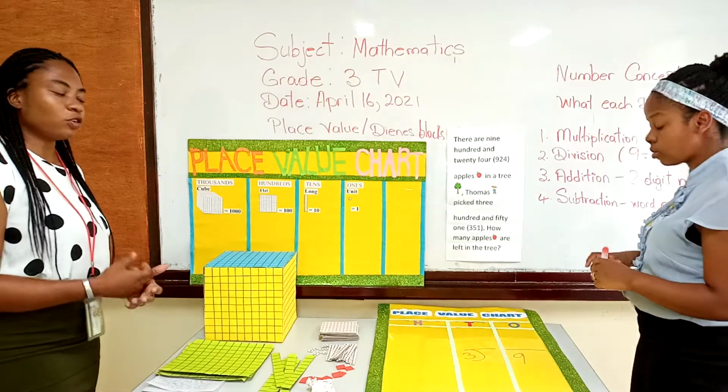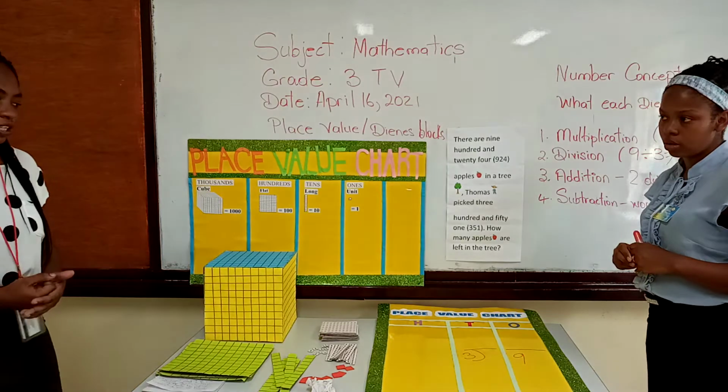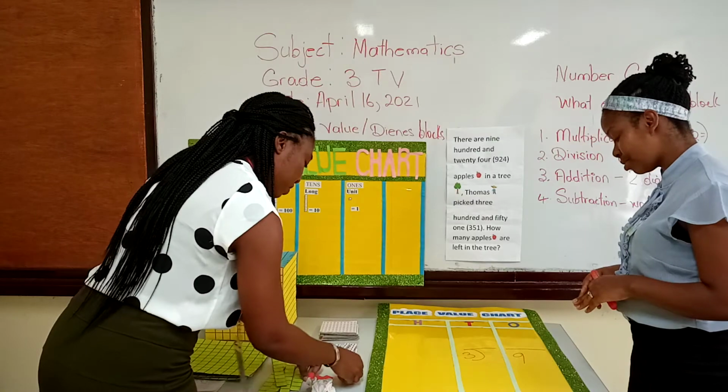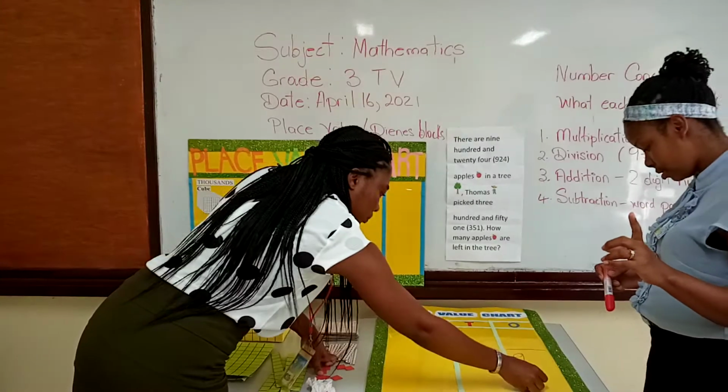We want to find out how many times 3 can go into 9. How many groups of 3 can we get from 9? 9 units. 1, 2,